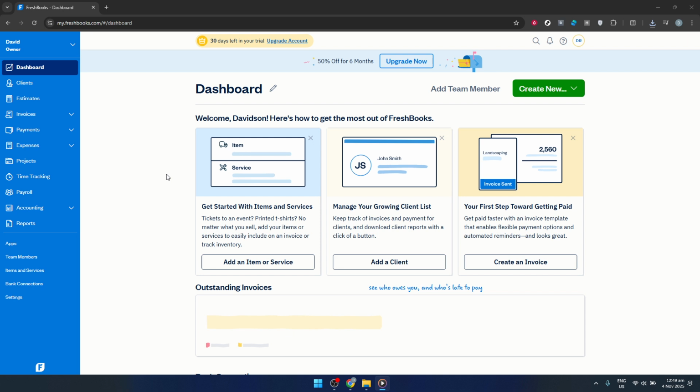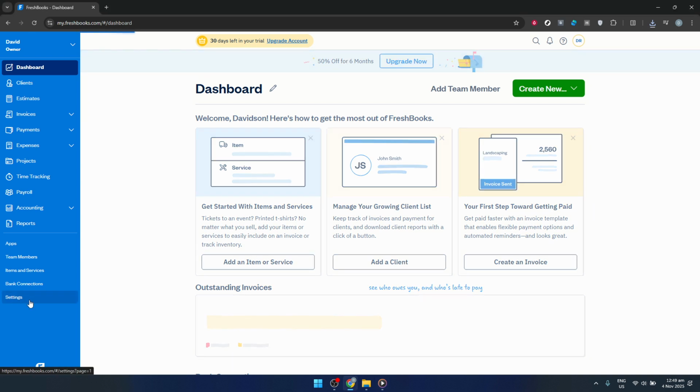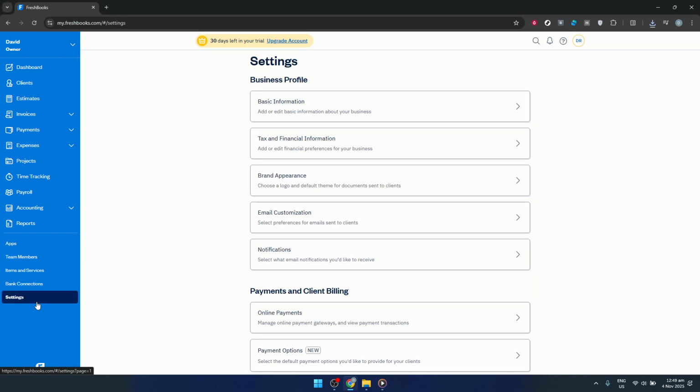This feature will provide you with increased flexibility and control over your financial processes. To get started, the first thing you'll want to do is head to your FreshBooks account and navigate to your settings. You can find the settings option on the left-hand side of the dashboard. It's represented by a small gear icon, which is pretty standard across many applications. Clicking this icon is your gateway to a whole suite of customization options, from which you can tailor how FreshBooks